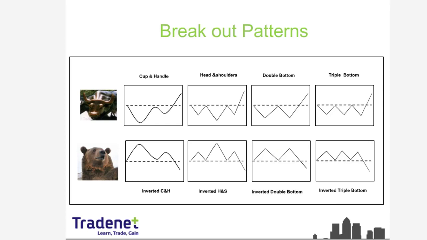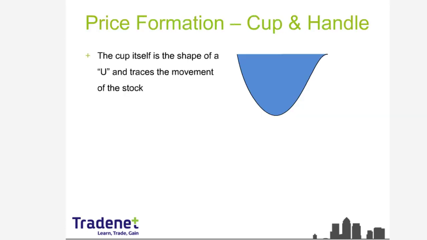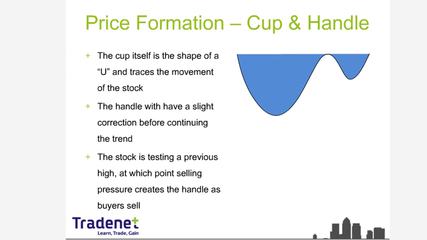Going back to the slides. We're going to discuss some basic formations here, like cup and handle. As you can see, that's the cup, that's the handle, and again the idea is very simple. Price is moving down, buyers are becoming more aggressive. It also has to do not just with the fact that the buyers became aggressive at this point over here, which is higher, which is important,